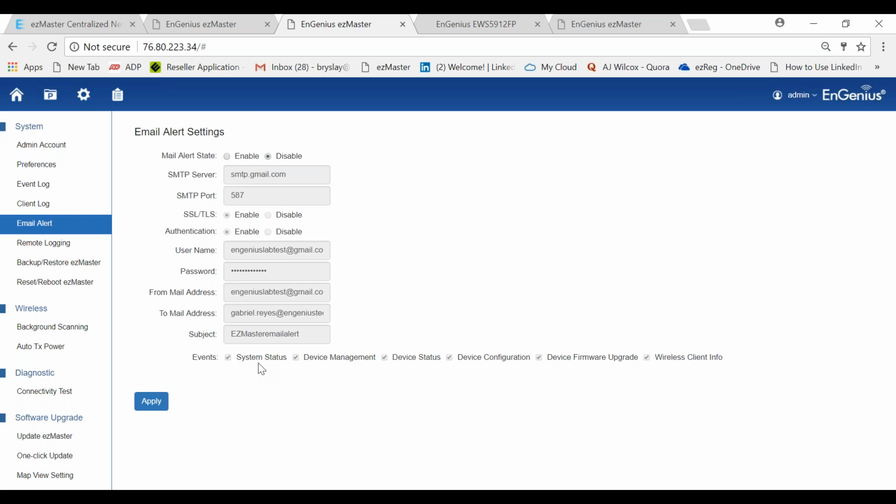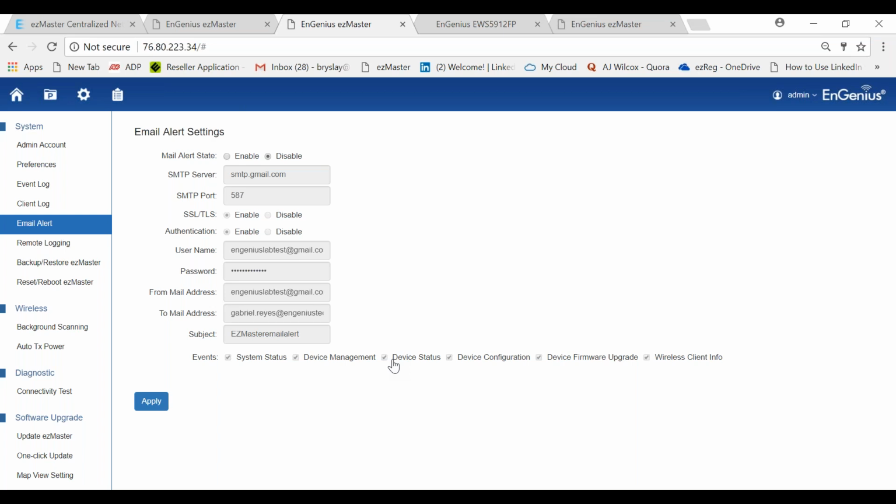It will give you an alert that something's happening and you need to check into it, or you need to go to the office, or there's more information. It just alerts you that something is going on with the EasyMaster server. You need to take steps to resolve an issue. Device status will alert you when a device becomes really unresponsive or goes down. So that's really one of the more important email alerts that we see set up.